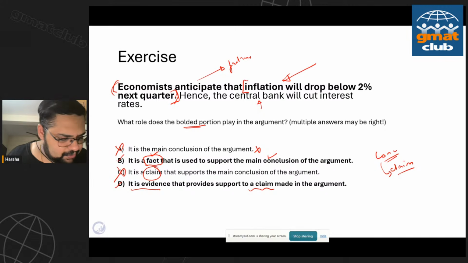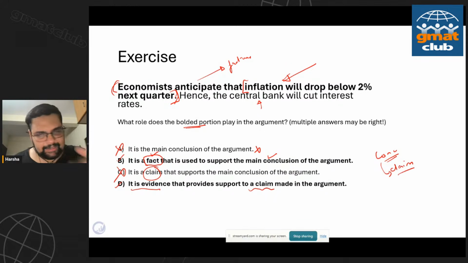So everybody with me so far? I hope I've answered the doubts to a certain extent. If there's still something there, please put it on. I will come to it, as quickly as I can. But quick show of hands, can I move on? Because now we'll go to another exercise and some more terms that I'm trying to build familiarity with. And by the way, nothing here is to be by-hearted or mugged up. Everything here is to just be understood. It's all about general common sense, nothing more. So, quick show of hands, just let me know if you're good. Can I move on?